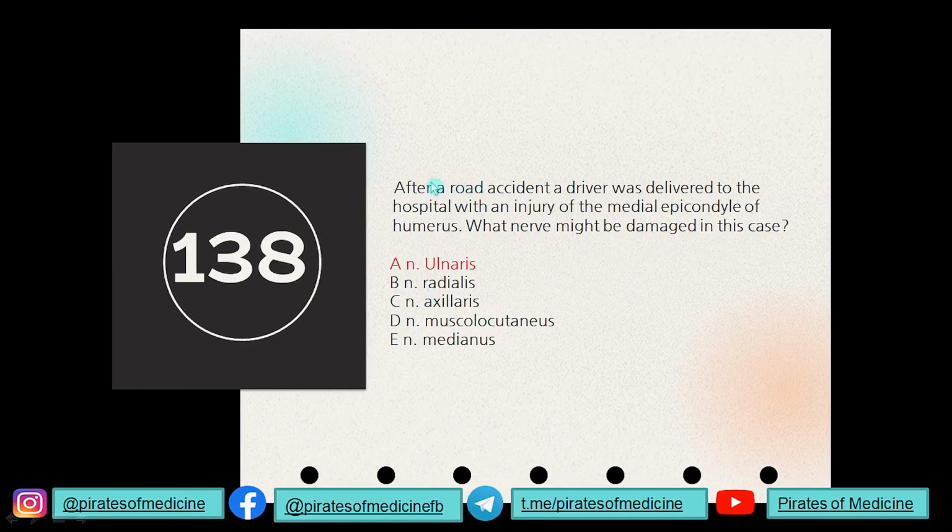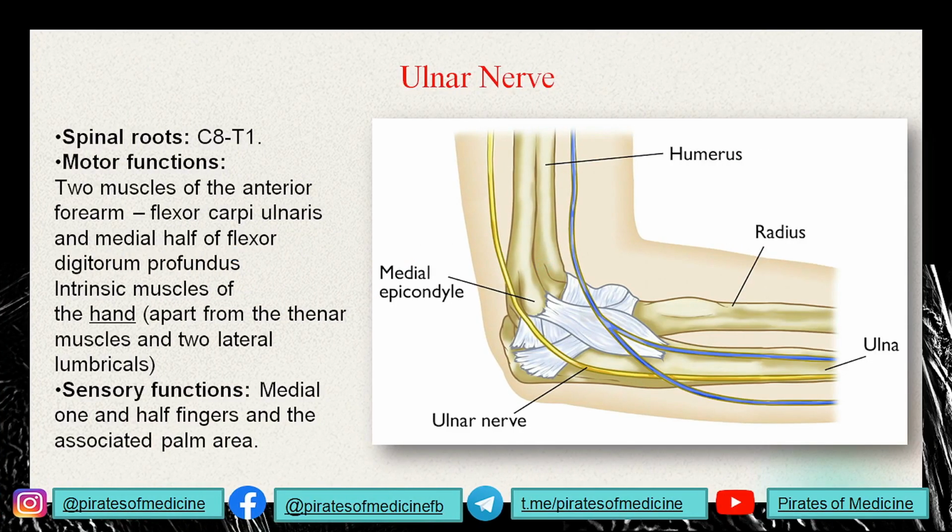138. After a road accident, a driver was delivered to the hospital with an injury of the medial epicondyle of the humerus. What nerve might be damaged? So the funny nerve, or funny bone, correct? So the ulnar nerve moves right next to the medial epicondyle of the